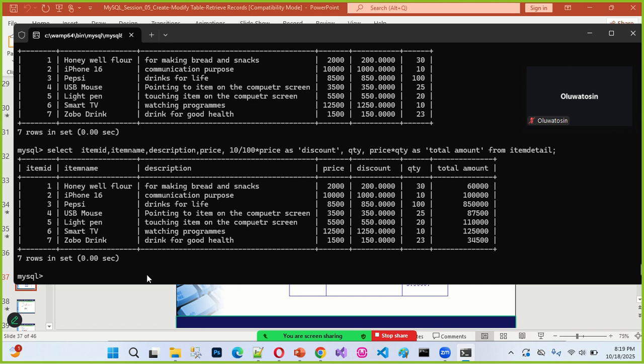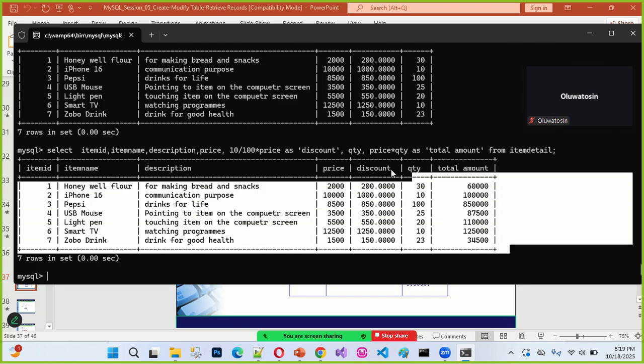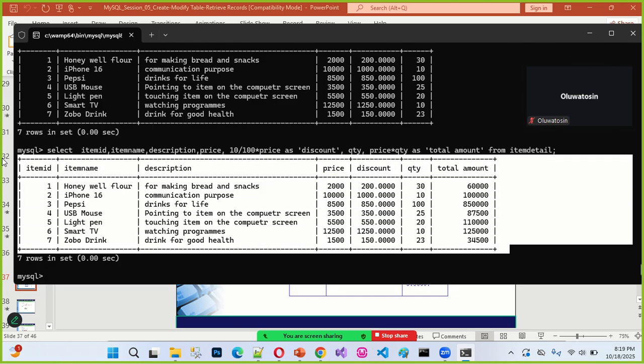Do you get now? We generate it from some of the existing records from your table. Because when you are designing your program for the backend, they might want you to perform some calculation. That calculation can be computed on your database, and this type of result can now be sent to your web page. Then your web page just displays this. That is because HTML does not have the capability to perform calculation, neither does CSS. But JavaScript has some capability, only on the front end. JavaScript does not work on the server to be able to perform the calculation. That's why some of this calculation can be computed on the server